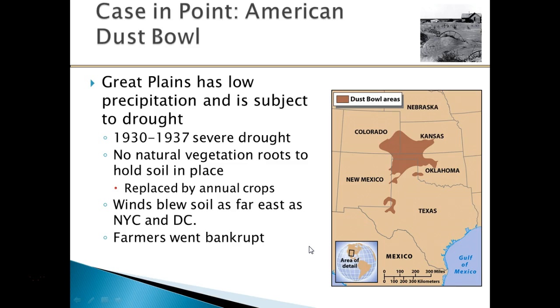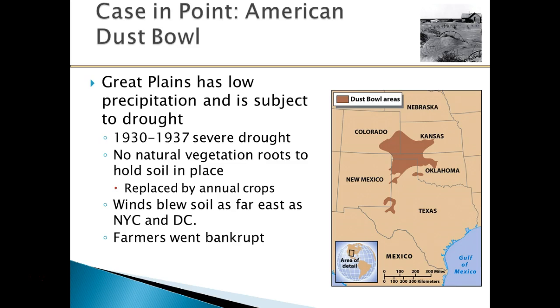This is your case in point, very important case in point. I want you to look at the map right now. You have seen this portion of the map, but we were looking at the Ogallala Aquifer. And when we started with water and water problems, I talked about the Dust Bowl in the 1930s, and they are suffering now what some scientists believe is a mega drought in the same area where you see the Dust Bowl. Now, we're not worried about it being dusty there at this point,